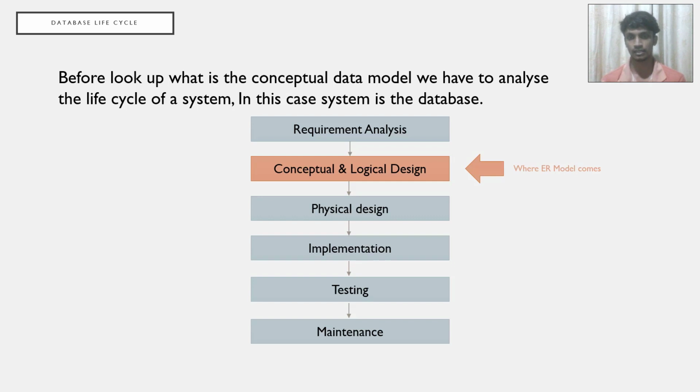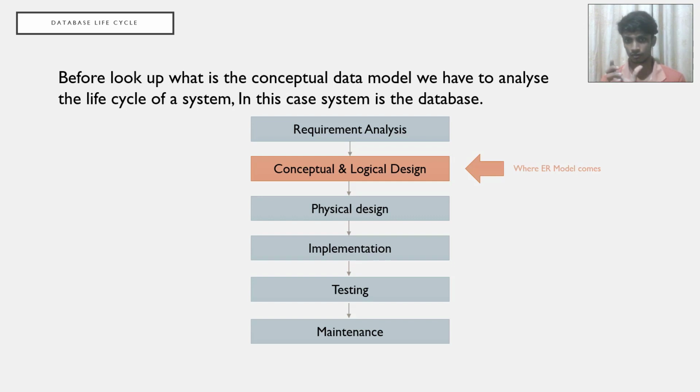And this is just an abstract view of that system according to database management systems. As I said before, a database is itself a system, so we can compare those aspects that are relevant to the software engineering life cycle by considering database management systems. Okay, so this is the life cycle. The first step is requirement analysis, then conceptual and logical design, and physical design, then implementation, testing and maintenance.